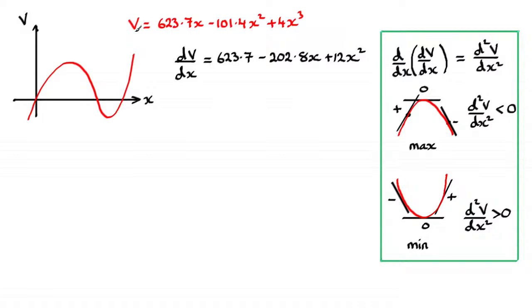So, if we didn't have that information, that graph in front of us, okay, then what I want to do is we'll just recap. We found that formula for the volume, okay, to be this formula. We differentiated it, okay. Now, what I'd like you to do is just tell me what d2v by dx squared would be, okay. Just write down what d2v by dx squared would be.